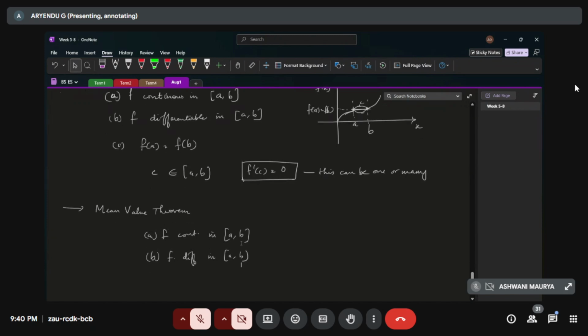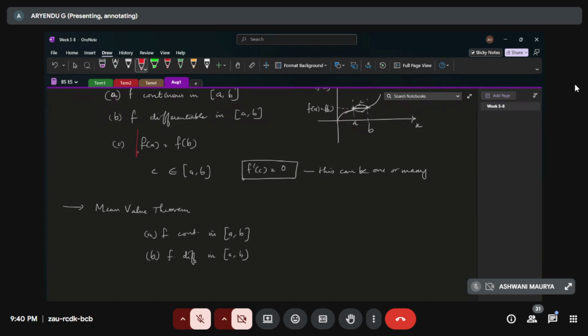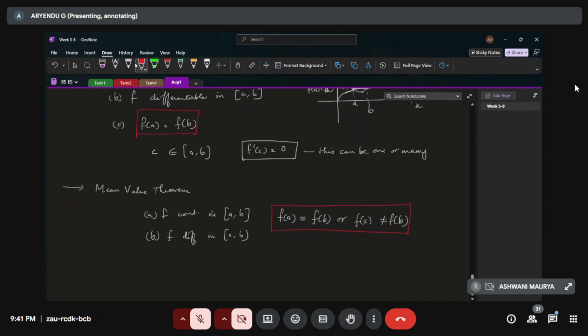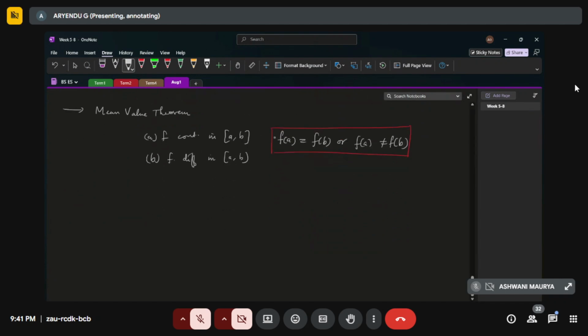And the only difference is here we have to be very clear that f of a is equal to f of b. But here it need not be so. f of a can be equal to f of b, or f of a may not be equal to f of b. This is the only difference between mean value theorem and Rolle's theorem, and the only difference in the criteria. And here it is f dash of c becomes 0, but here